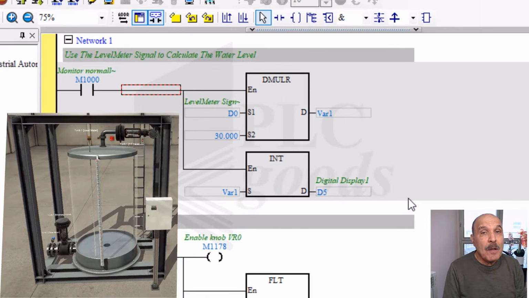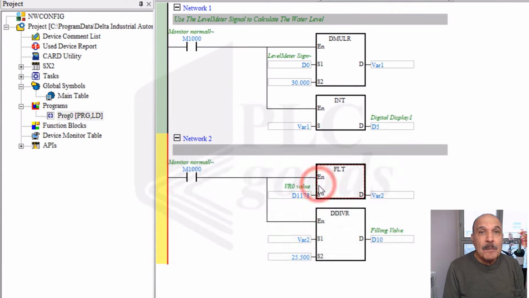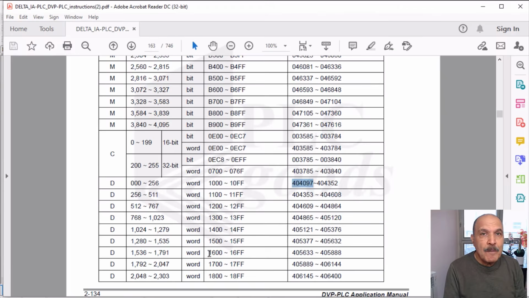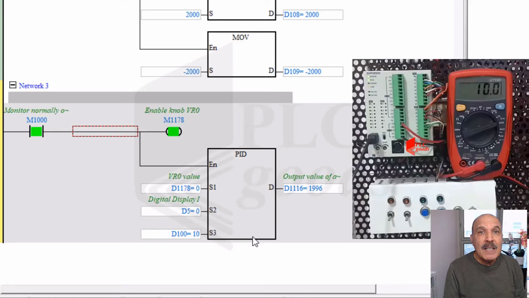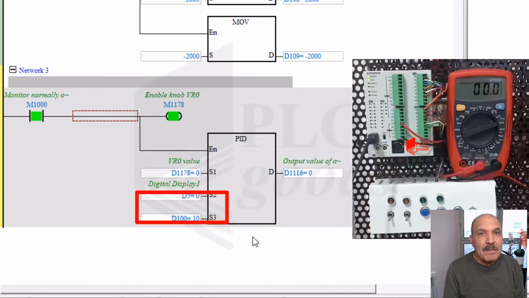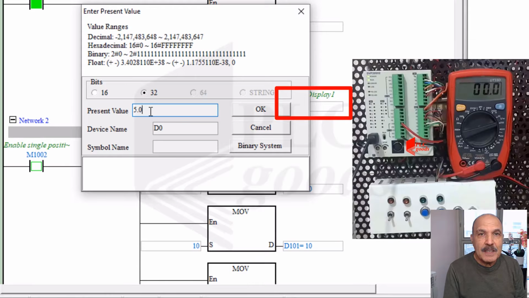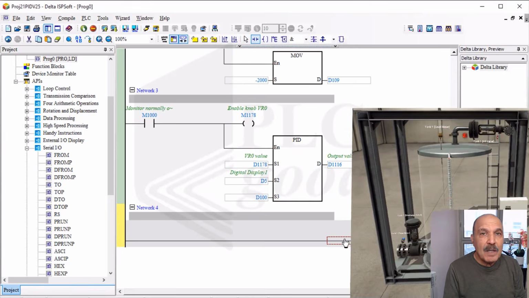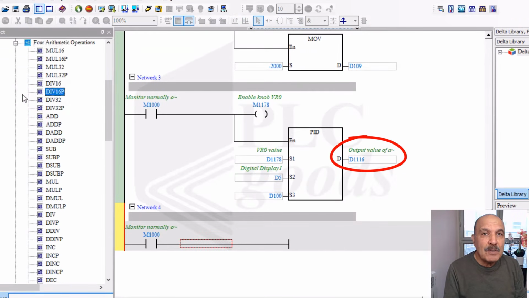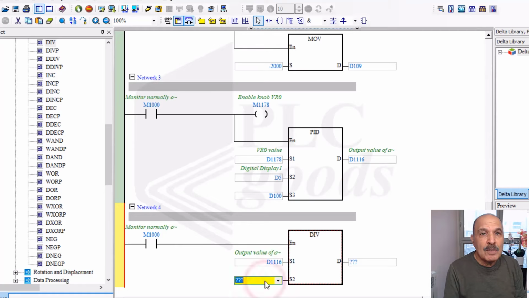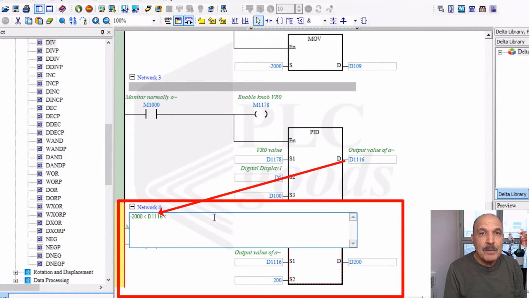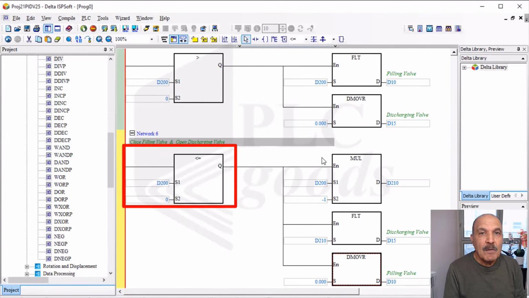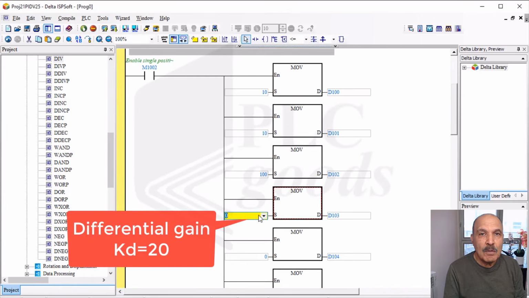Tutorial lesson number 22 examines PID, or proportional integral derivative, controllers and their practical implementation in ISPSoft. The main focus is a real-world project showing the utilization of a PID controller to regulate water levels in a tank using Factory I/O software. The project includes two networks. The first computes and shows water levels based on a level meter signal, while the second introduces PID control for